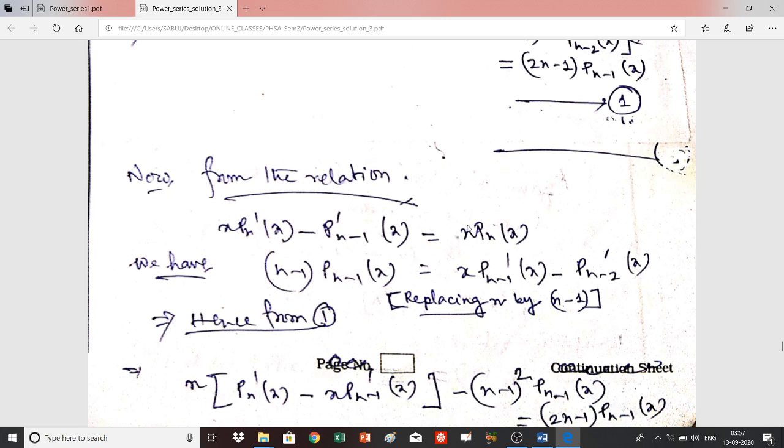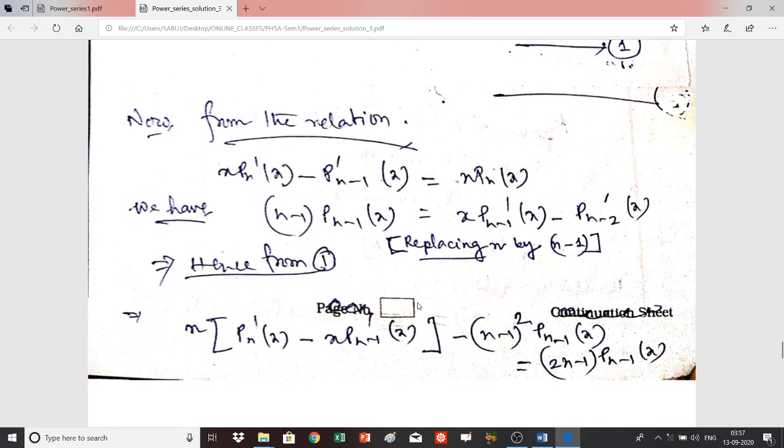So from this term you will have (n minus 1) P(n-1) x, that is equal to x P(n-1) prime x minus P(n-2) prime x. Here replacing n by n minus 1. So that is equal to, n is a common term, that is equal to n into, now just look at here,